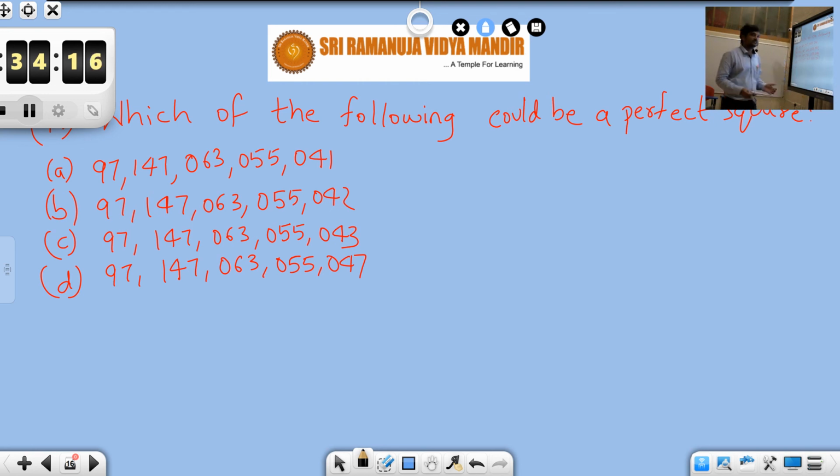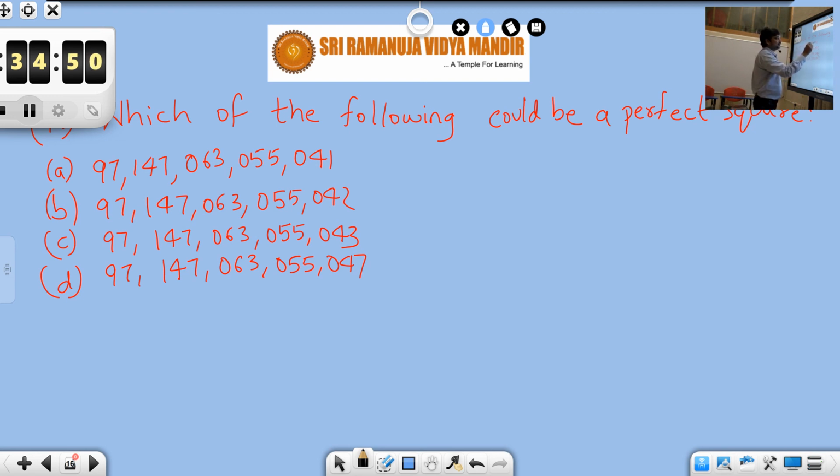We have already discussed. A perfect square always ends in either 1, 4, 5, 6, 9, or an even number of zeros. If you look at the units digit of these numbers, these are very huge numbers. Even if you try to solve them, I mean take the square root, it takes so much time. It takes your complete exam duration. So it is advisable to look at the properties.